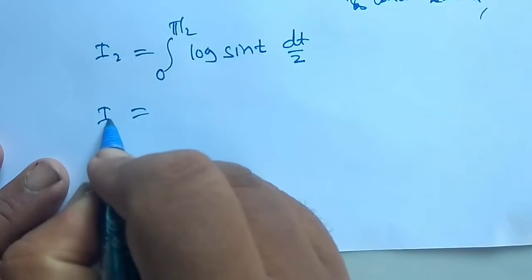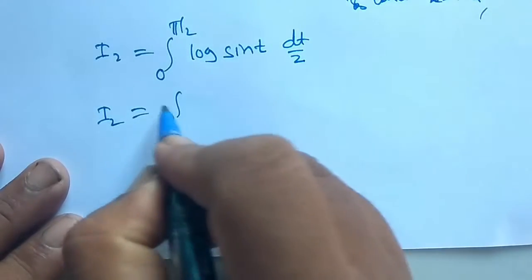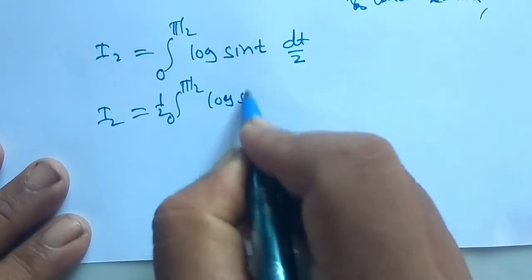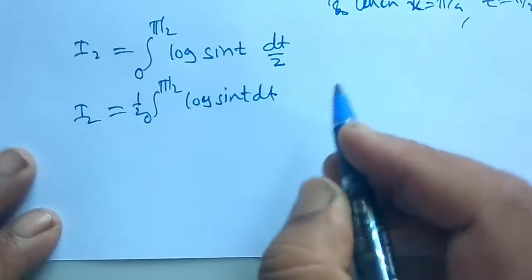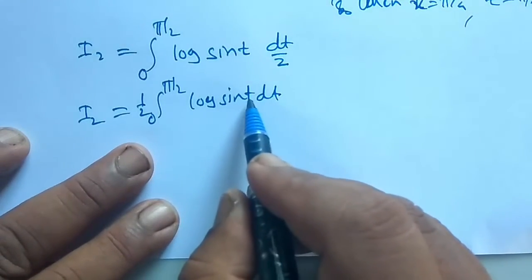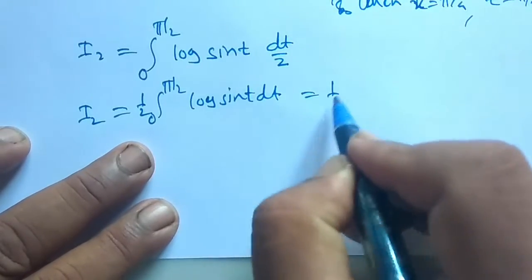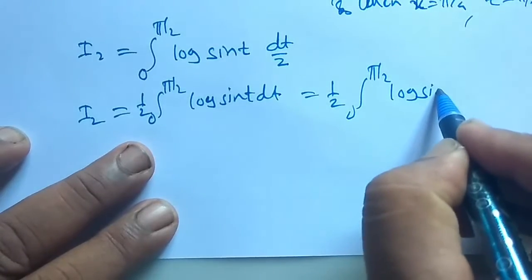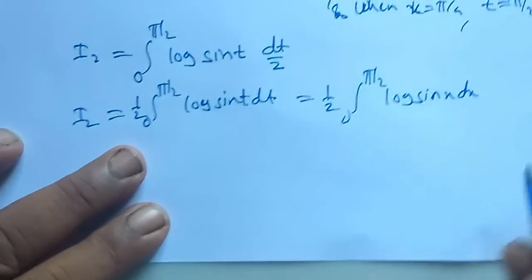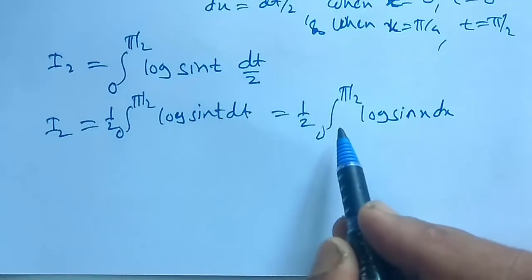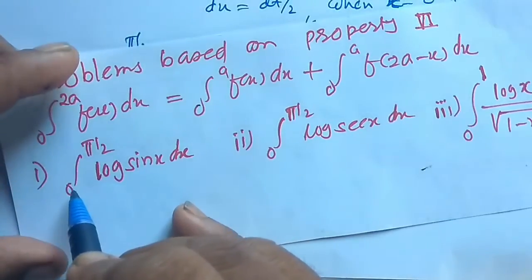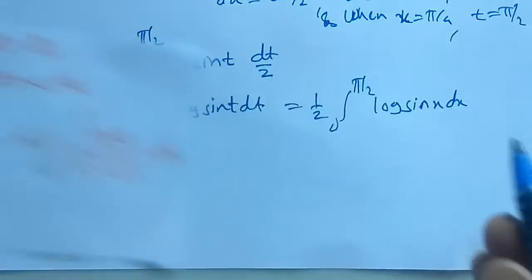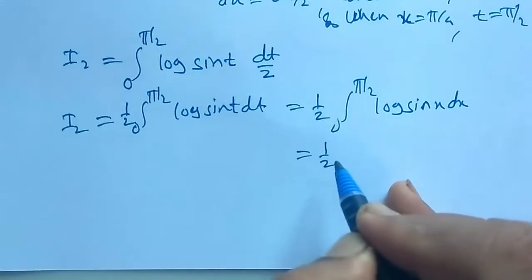So I2 is equal to 1/2, which is constant, times the integral of log of sin t dt. By property first, it is independent of the variable, so I can also write this as the integral from 0 to pi by 2 of log of sin x dx. Now in our first example, I have calculated the integration from 0 to pi by 2 of log of sin x dx, and its value is equal to